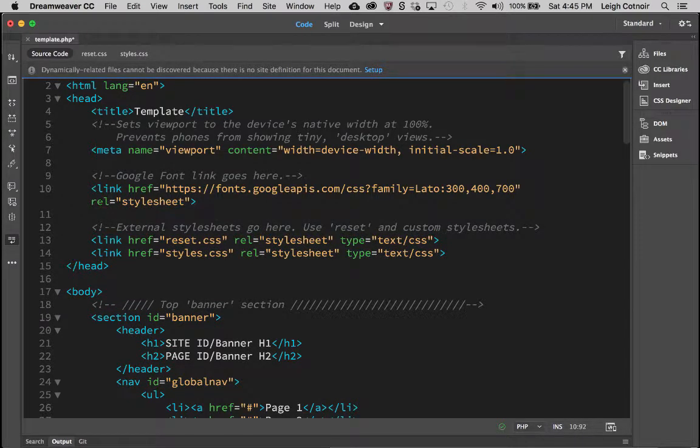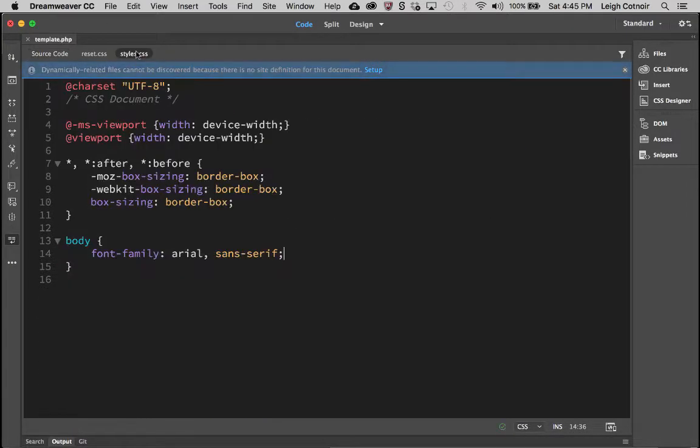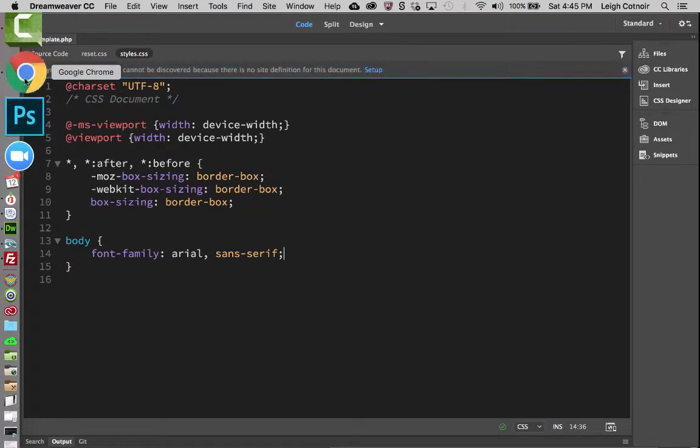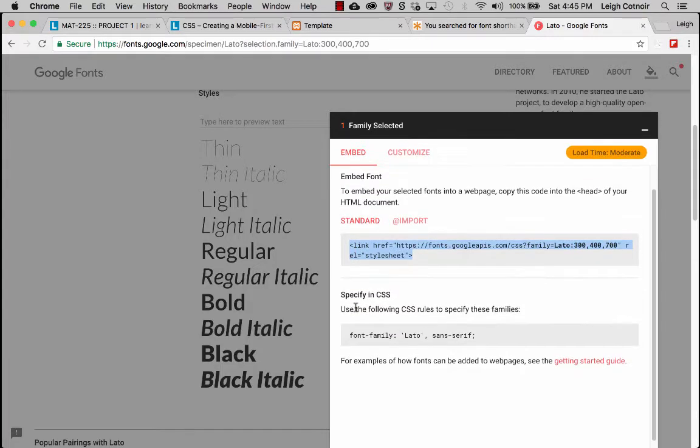And now it's going to get called up and queued up in my web information before I call my style sheet, which is good because the style sheet is where I'm actually going to use the font. So I have to call the font up before I can actually use the font. Okay, so I have to go make the Google API call first, and then I use it in the style sheet. So now I've got that here. I'm going to save this. I'm going to jump back over to my style sheet and over to the Google font page,